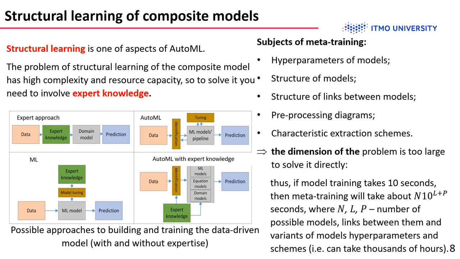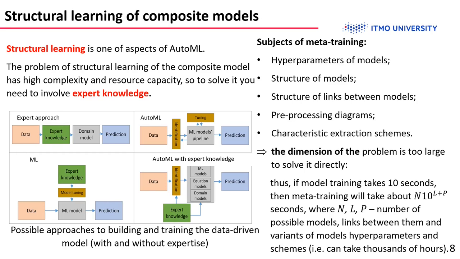It can be explained by the very high dimensionality of the composite model identification problem. Since we have a lot of subjects for method training: the structure of models, the structure of links between them, hyperparameters of the models, the preprocessing of data, etc. It is impossible to solve the optimization problem directly. So expert-based heuristics should be involved in the structural learning problems to achieve better results of the model